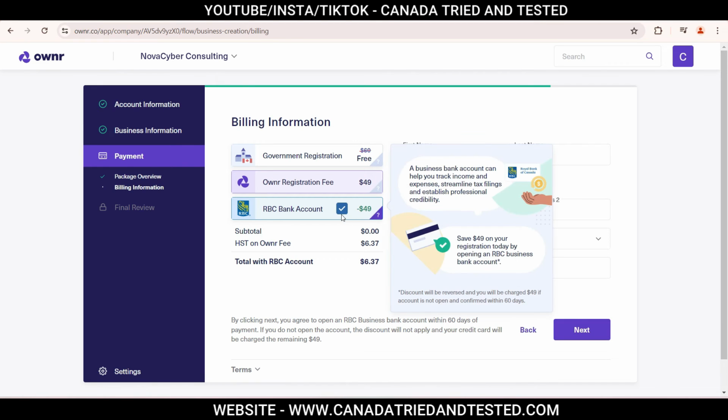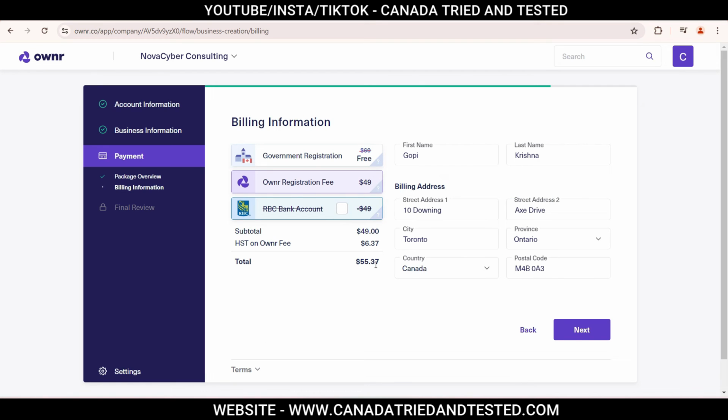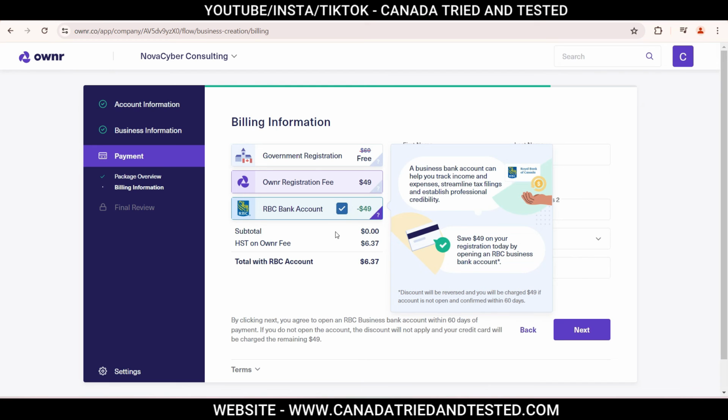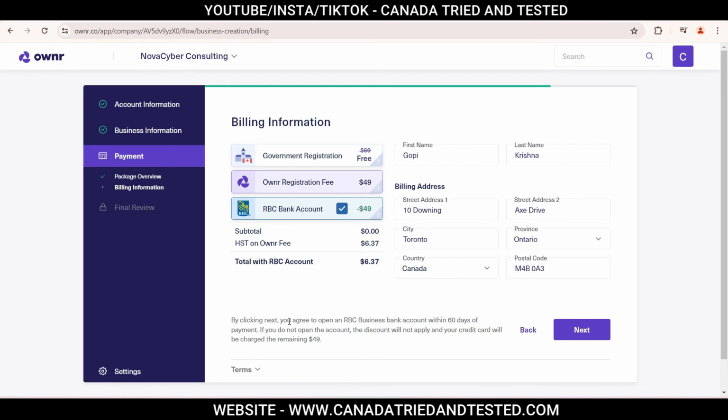If you don't select RBC bank, the total comes to $55.37. So I'll go and check again. By clicking next, you agree to open an RBC bank account within 60 days of payment. If you do not open the account, this discount will not apply and your credit card will be charged the remaining $49. Okay, so you can go and read the terms. Once you click next,